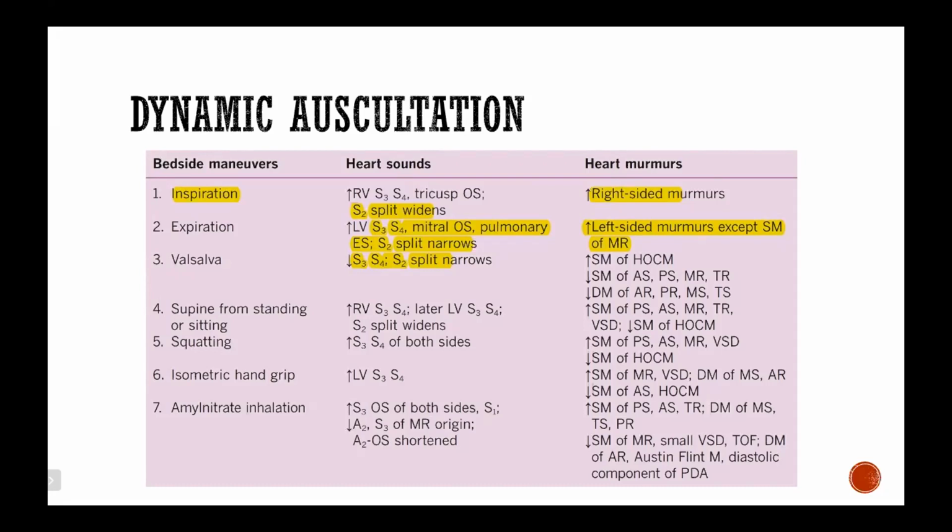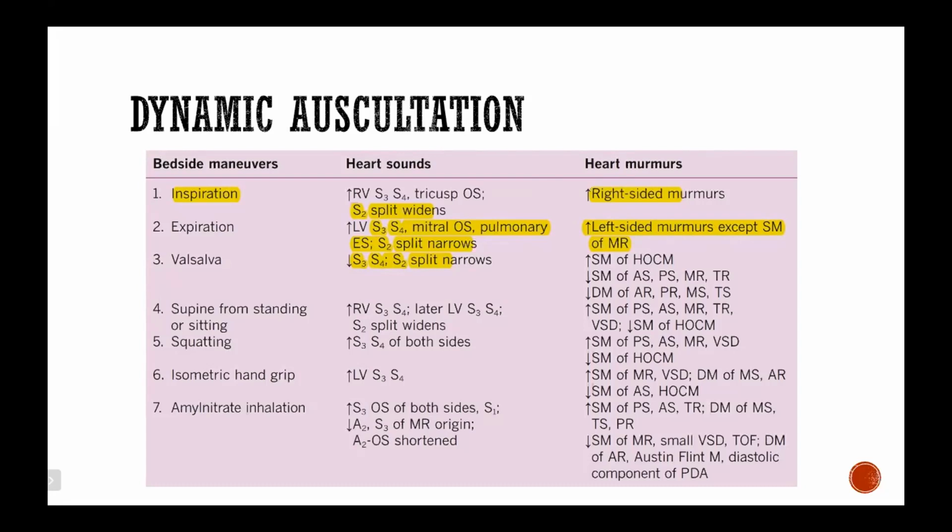Then the next thing is isometric hand grip. So what is isometric hand grip? You basically ask the patient to make a fist in both his hands and hold it for around 20 to 30 seconds. When he does that, the systemic vascular resistance will increase. Once the systemic vascular resistance increases, the arterial pressure will increase, and that in turn will result in an increase in the left ventricular afterload. So that causes a fall in the pressure gradient, and again results in a decrease in intensity of the systolic murmur of HOCM. So these are the physical maneuvers that we do.